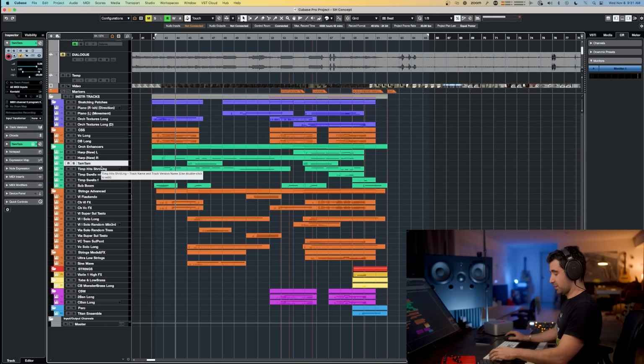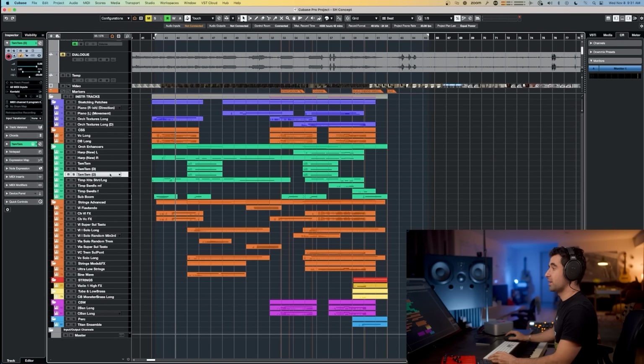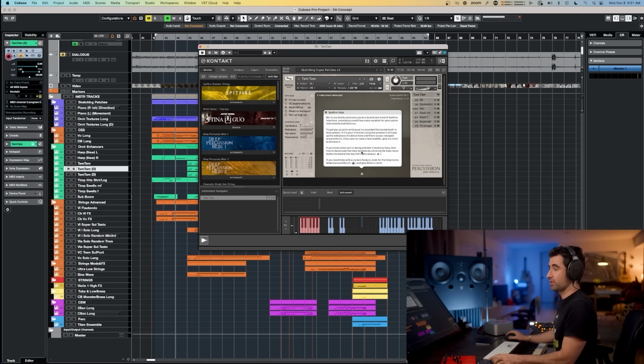I can also quickly duplicate. See, I just duplicated this track. You can duplicate tracks quickly, and it preserves the routing and everything, and then I can make a quick change here if I want to. All right, so with that first part out of the way, we will jump in and talk about how my